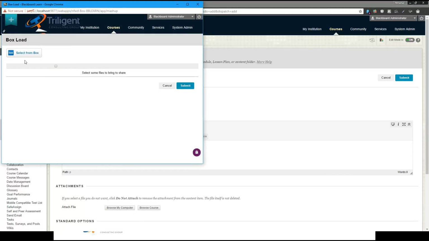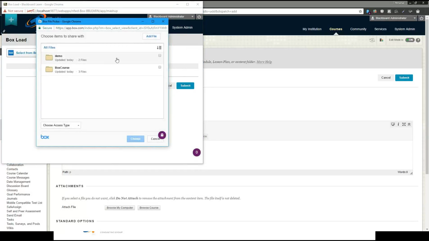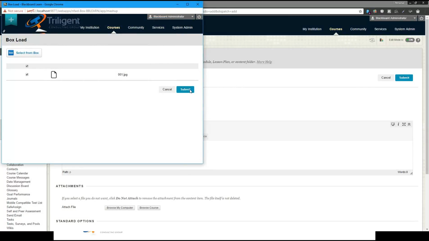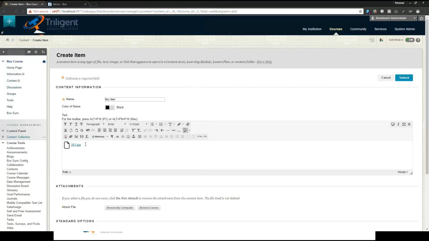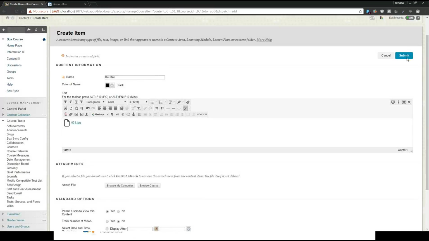We're going to go ahead and click that, and you'll notice that there's a select from box button here. So when we click this, it actually brings you over to box, and you can select a file that you would like to share through your course. So we're going to select this file here. We're going to hit submit. And you're going to notice it adds a URL into your text editor. So once we hit submit here,